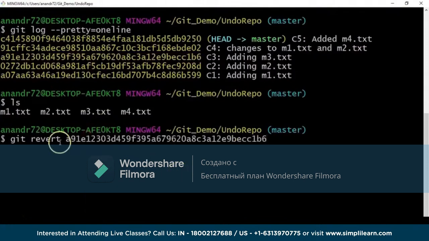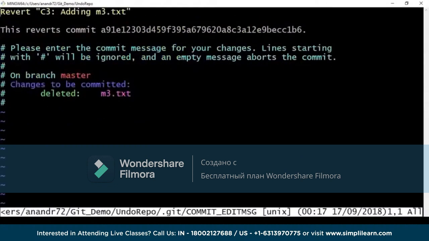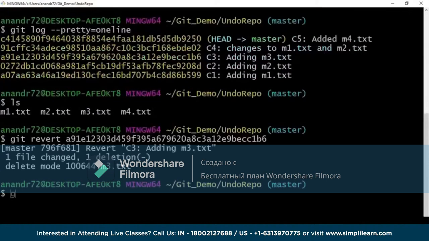Essentially what I'm trying to do is undo this particular commit. While I'm undoing this commit, what does git do? It safely adds a new commit, and as a part of this new commit, it undoes whatever changes were done as a part of this commit. So if I say git revert this, all right, I forgot to mention a message, which is why this window is showing up, but that message is good for me. I say write and quit. All right, and if I do a git log,